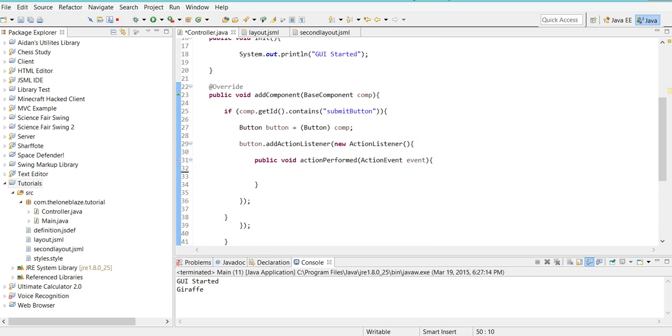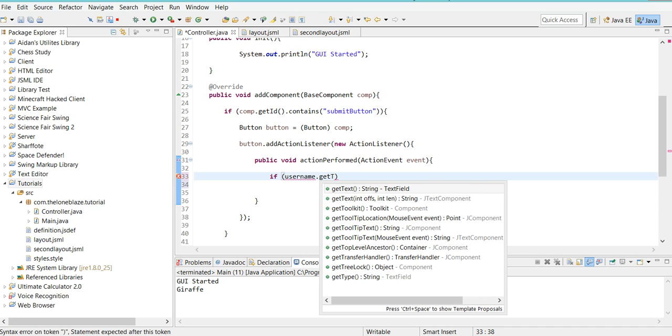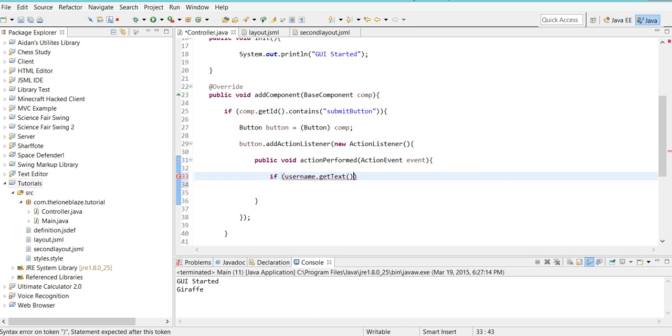And so now I could say over here, if username dot get text dot equals ignore case turtle and password dot get text dot equals ignore case 123,